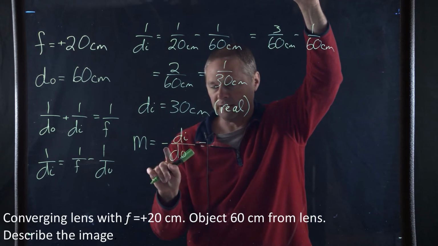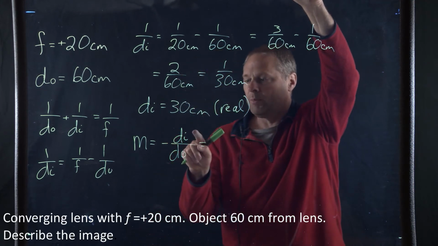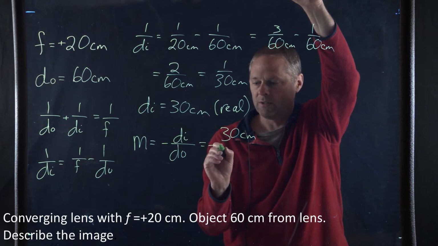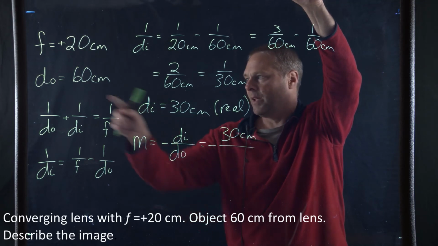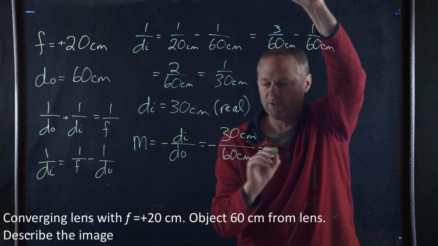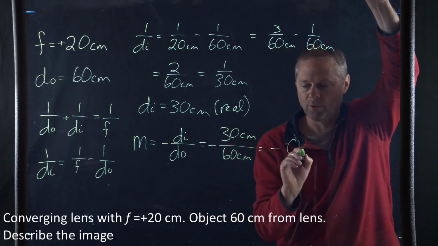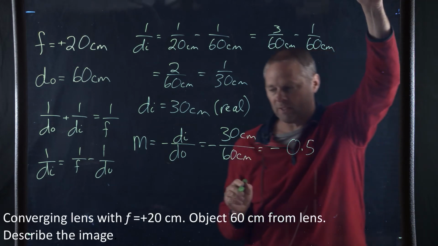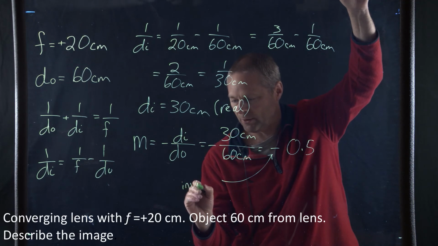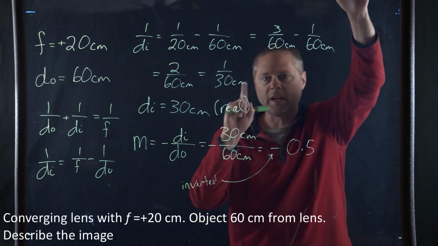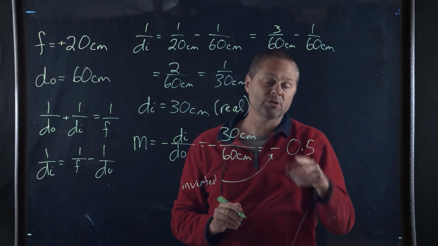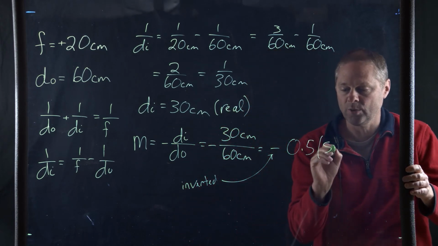So we plug in our distance of the image, which is going to be 30 centimeters. Don't forget the negative. And then the distance of the object, which is 60 centimeters. And that gives us a negative 0.5. Now, the negative here tells us that it is going to be inverted. So if the arrow is pointing up on the object, it's going to be pointed down on the image. And since the magnification is smaller than 1 in magnitude, the image is going to be smaller